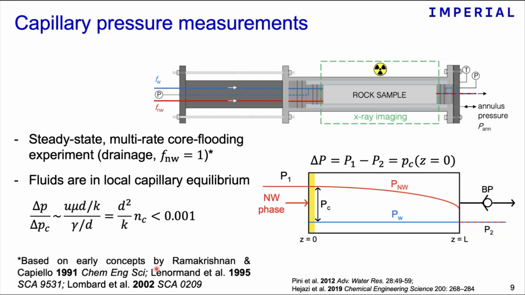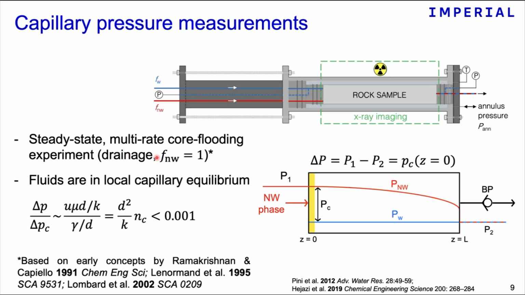And so we developed techniques to indeed be able to measure these capillary pressure characteristics. And we developed a method which is a dynamic method. In essence, the experiment itself involves first saturating the rock sample with water or brine, followed by the injection of your gas phase. It can be CO2 or nitrogen, depending on the experiment, at a specific flow rate.